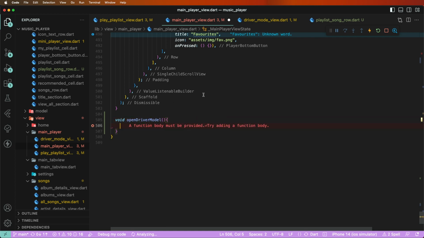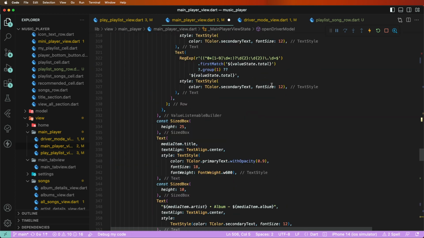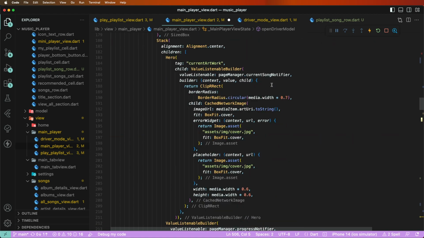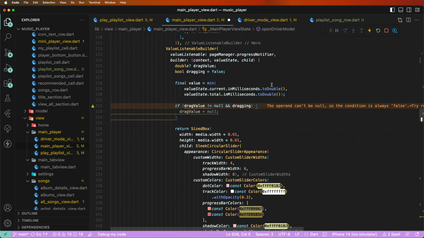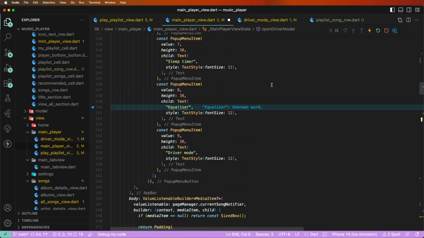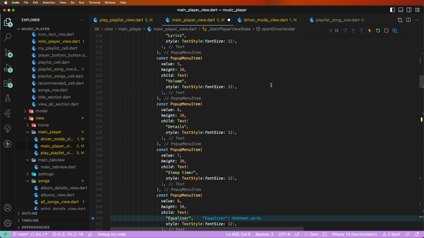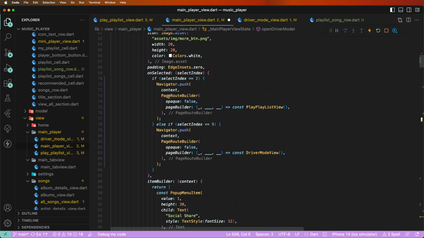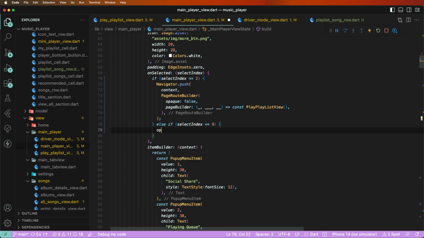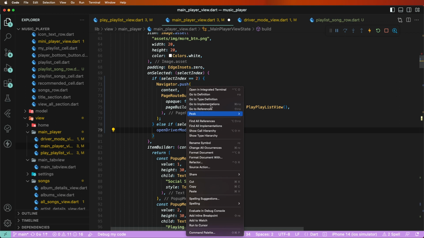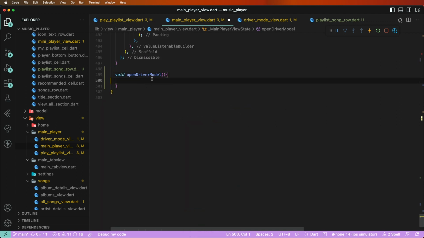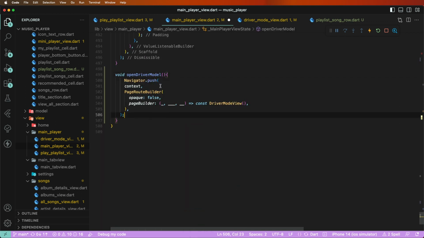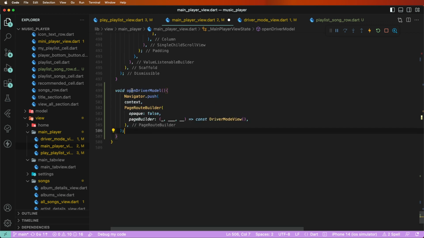This value is give and to call this function. One but this here. Now need to go here. I need to